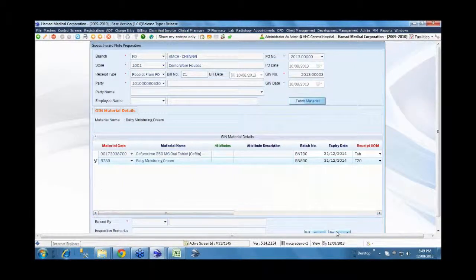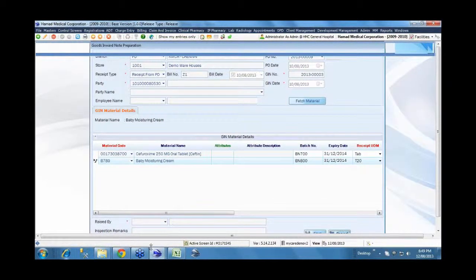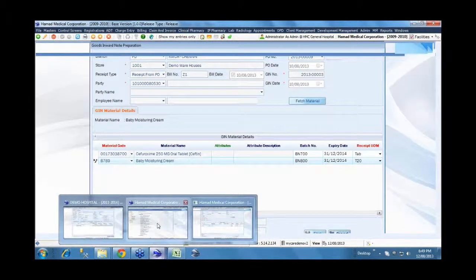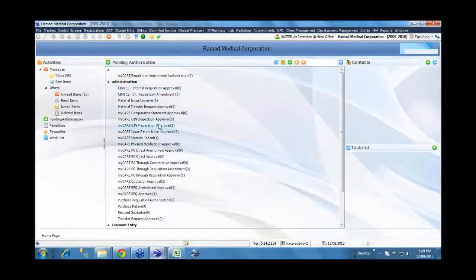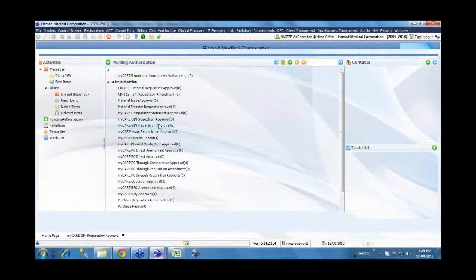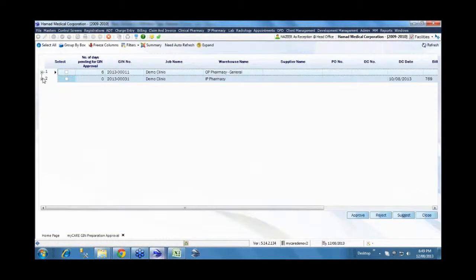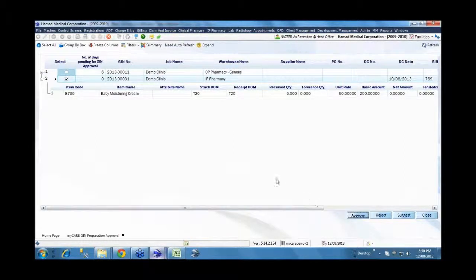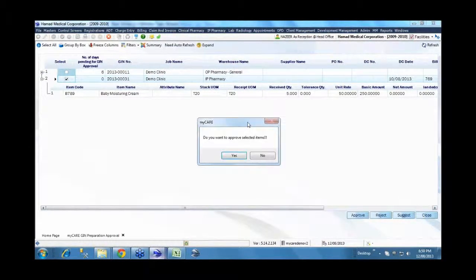Now for certain quantity or some items requested by the warehouse where the stock is not available, we want to initiate a procurement. So we will run through that, for which we have something called purchase requisition. First of all, whatever items are identified as needing to be procured, we need to raise a purchase requisition for that particular item. Okay, this is a sample for the approval I was talking to you about before.